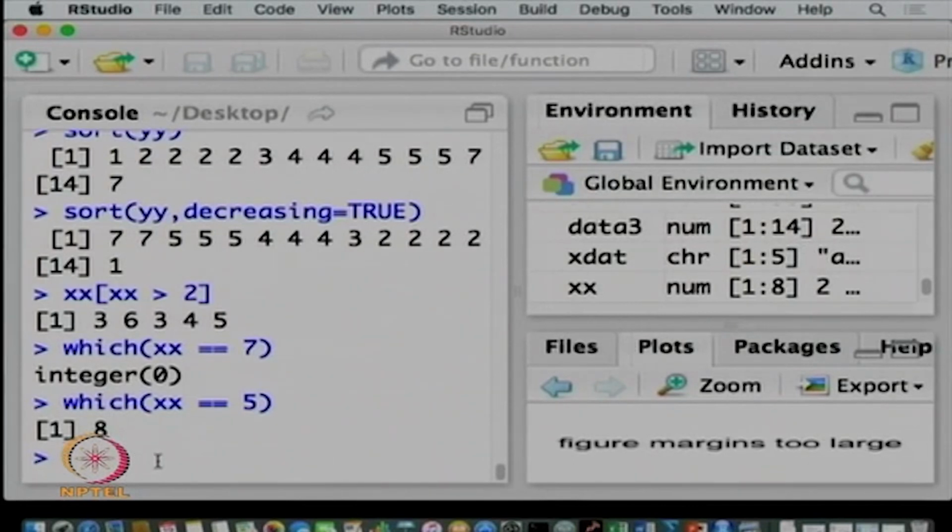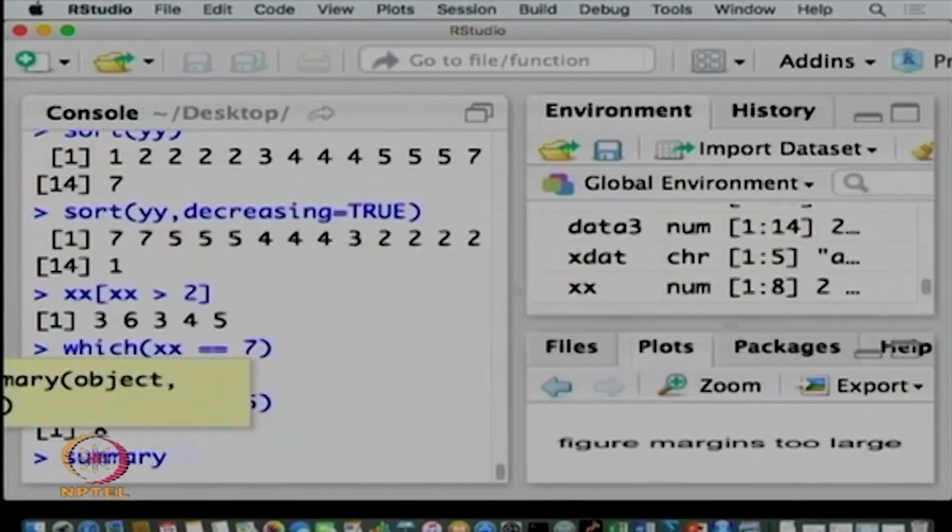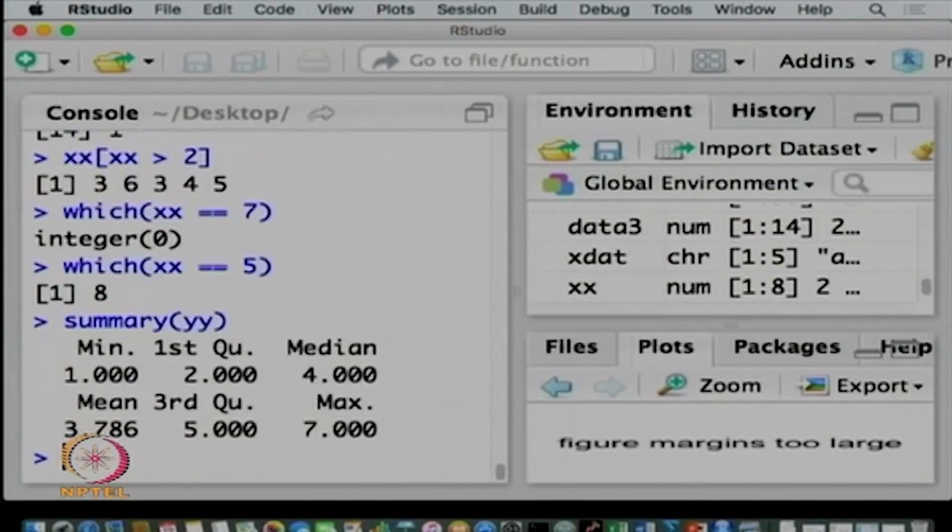I can do another thing which is the summary of yy. So, what it gives me are the minimum, the first quartile, the median, the third quartile and the maximum. Okay. So, instead of summary you can also use this function called quantile,